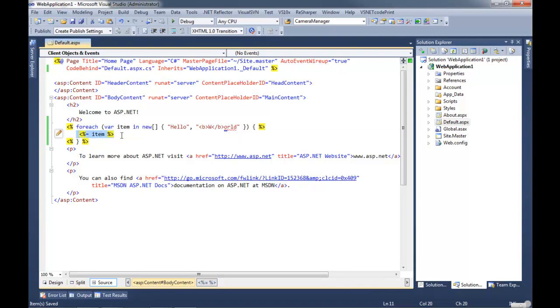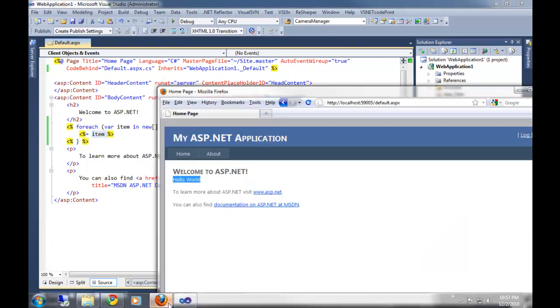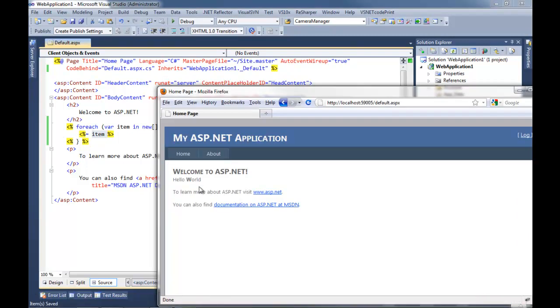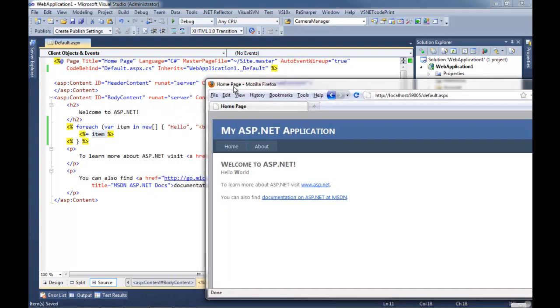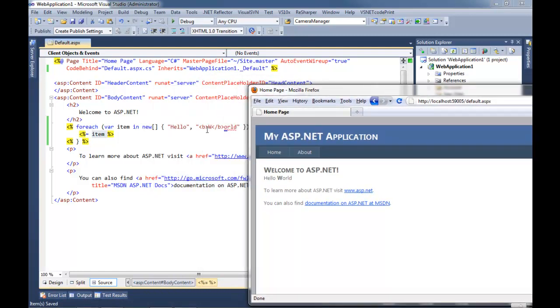So if you ever have this little equal sign in the front of your code nugget, this turns into an expression, and whatever expression this prints out or results in will be echoed into the browser. Okay. And now we see that because we added that B tag in there, B stands for bold, we now get bold. And this is incredibly bad and a huge security risk.